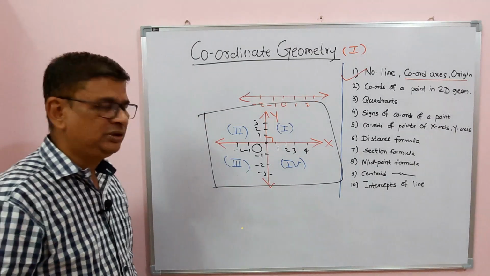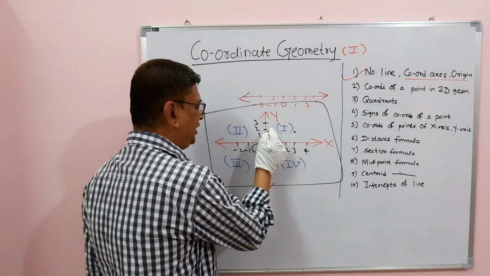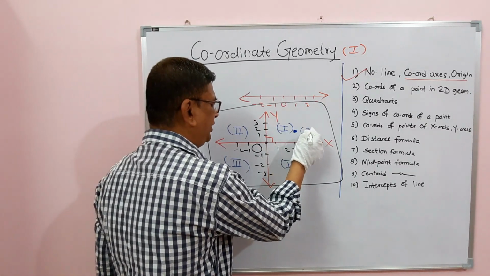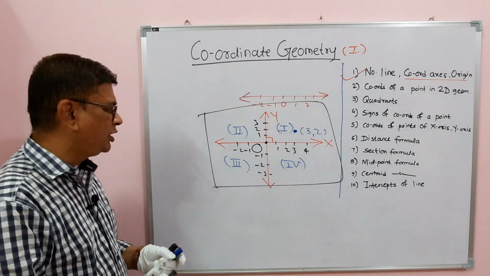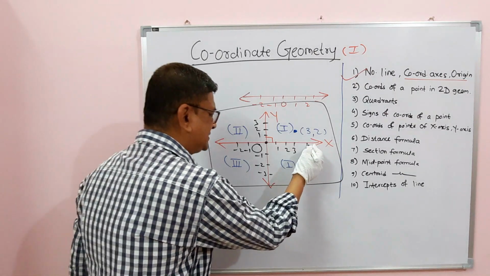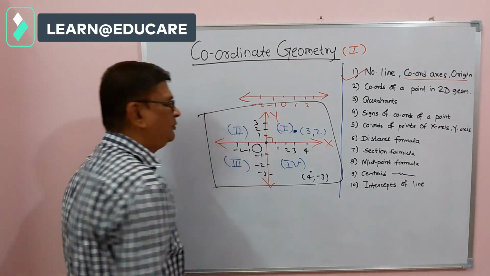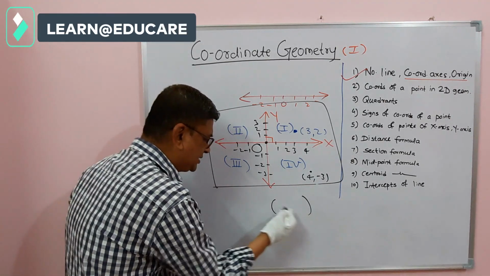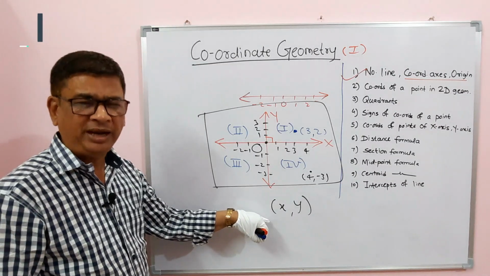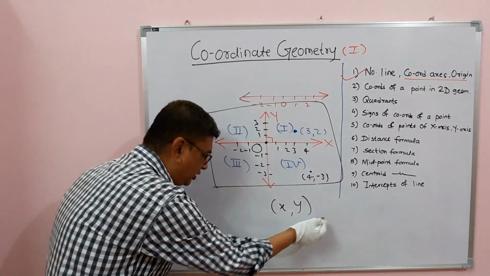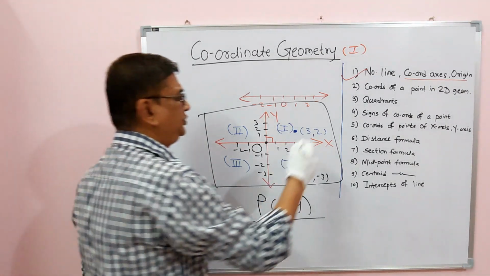Now how to give the coordinates to a point? For example, see, this is point P. It is above 3 on the x-axis and in front of 2 on the y-axis, then its coordinates are considered as (3, 2). Similarly, if you take a point in any other quadrant, suppose it is below, at 4 on the x-axis and in front of -3 on the y-axis, then the coordinates will be (4, -3). This means to write the coordinates, we first write the x coordinate and then the y coordinate, in an ordered pair written in brackets. So these are the coordinates of any point, in general P, and that is the symbol for the coordinates in 2 dimensions.